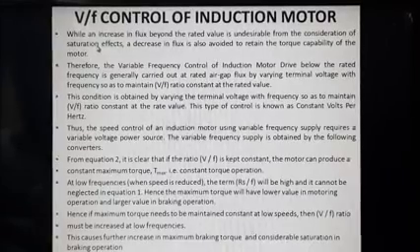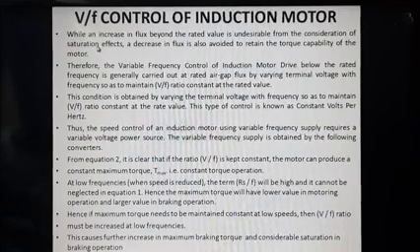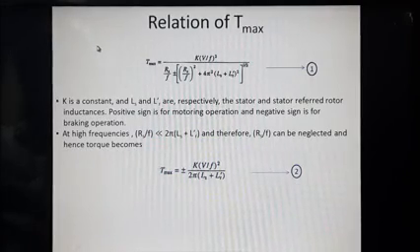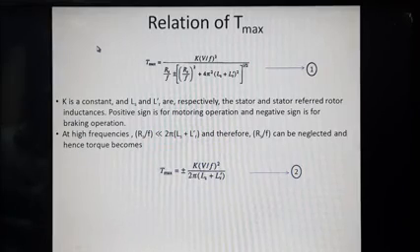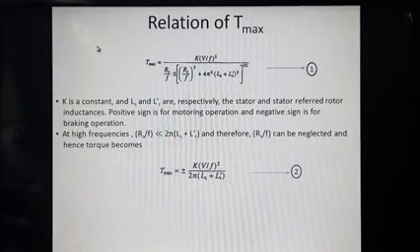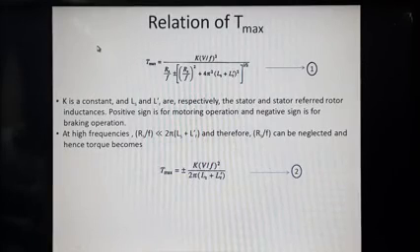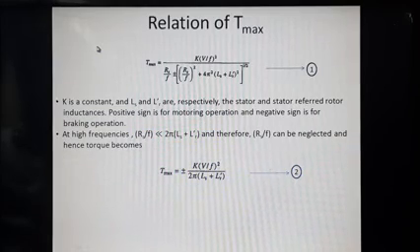By varying the switching frequency, you will be able to obtain different values of voltage and frequency at the outputs of this inverter. Another best part of this constant V by F method of speed control is, if you are seeing equation number 2, Tmax is directly proportional to (V by F) the whole square. So if you are able to maintain the V by F ratio constant, the maximum torque capability of the induction motor always remains constant. Whenever you are trying to achieve the speed control by using this V by F method of speed control, the maximum torque capability of the induction motor also remains constant.